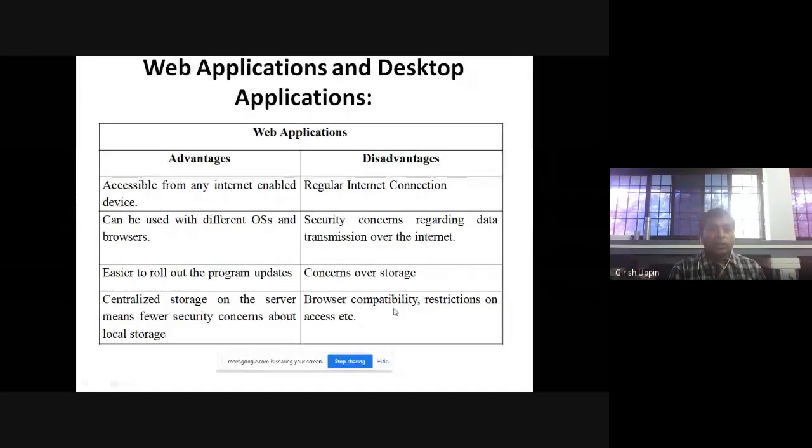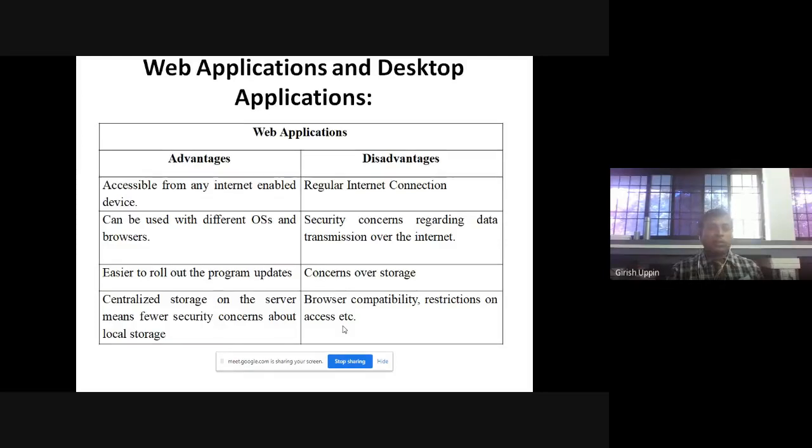And the next one is browser compatibility, restrictions on access, etc. When you build a web application, you will build it for a particular browser. Let's say you are building the application for Chrome and a particular version, and Internet Explorer for a particular version. When you are rolling out the web application to the user, you will specify the minimum requirements.